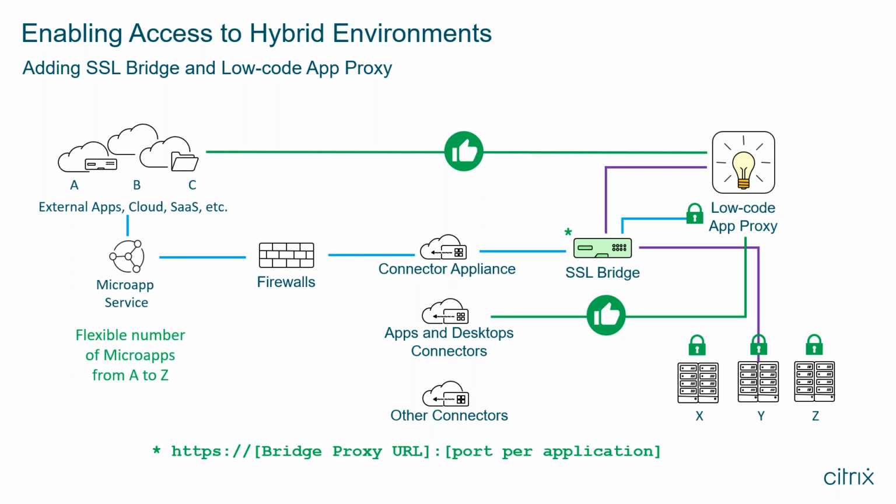So anyway, the point here is this. SSL Bridge is one component, the micro app interpreter, the low-code app proxy, is the second component, and together they will reduce the number of certs that you will need, or it's up to you how many certs you would like to use. The number of micro apps, the thing on the left, will also be controlled by your business needs rather than by the number of connections that you are expecting to have, right? And this integrates very nicely with pretty much anything.